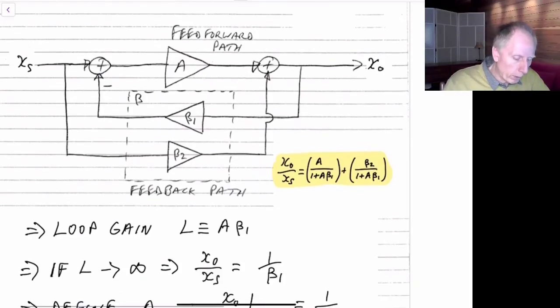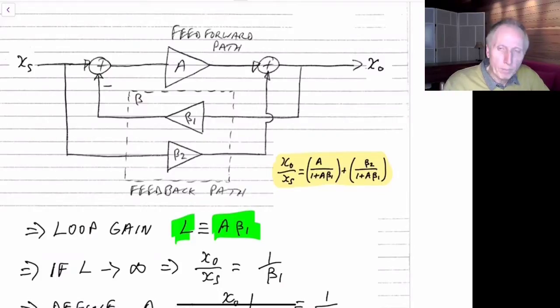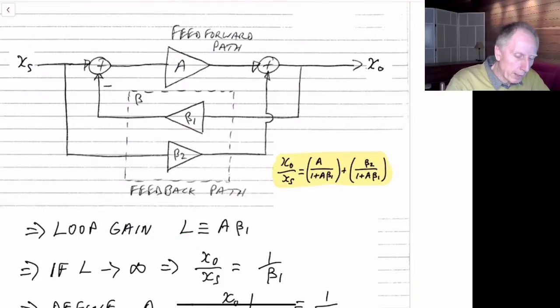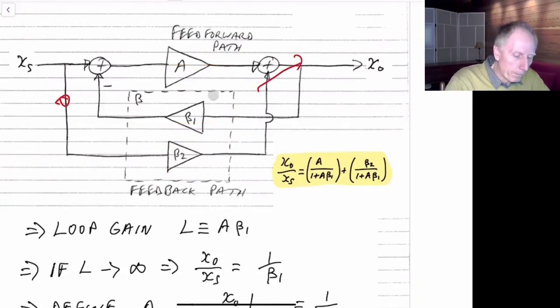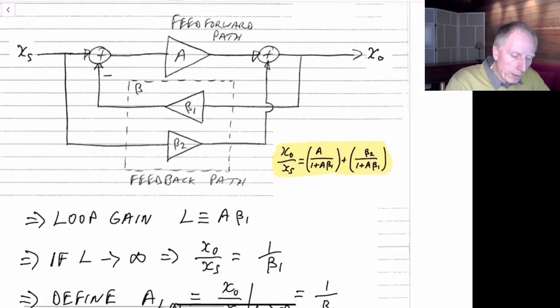Now, we know the loop gain, L, we've said is the multiplication of A beta 1. So what we're saying here is that the loop gain is the gain around this loop. And we see that's going to be multiplying A times beta 1, where beta 2 is not in the loop here. It's going directly from the input to the output. So it's the feed through portion. Now we also can see that from this equation here,